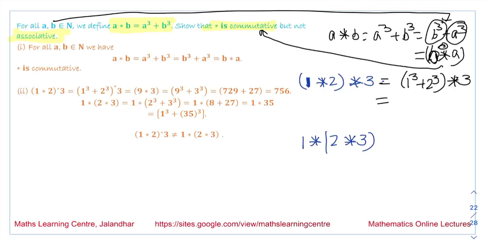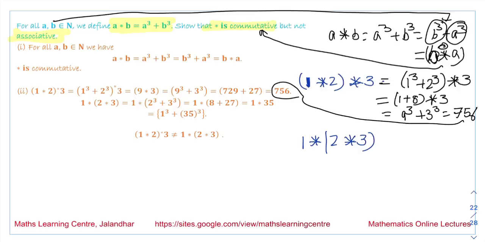So this is equal to (1 plus 8) star 3, that is equal to 9 star 3. 9 star 3 means it is 9 cube plus 3 cube,